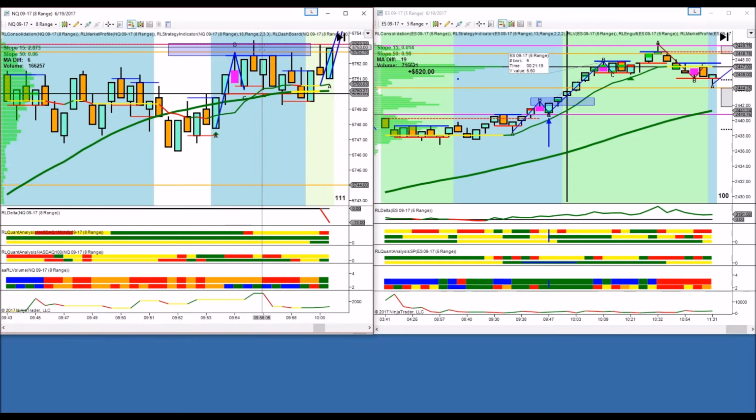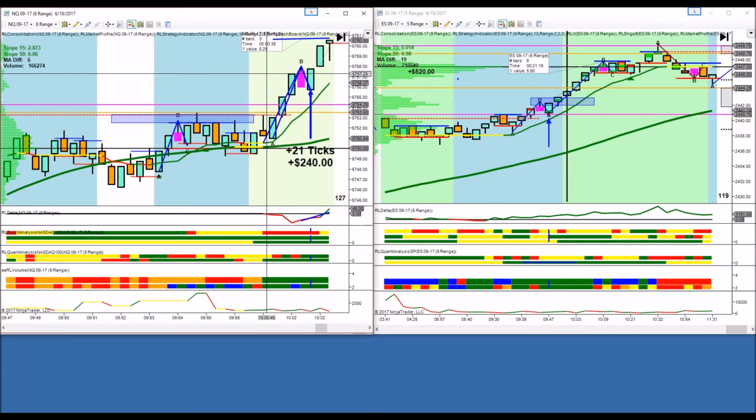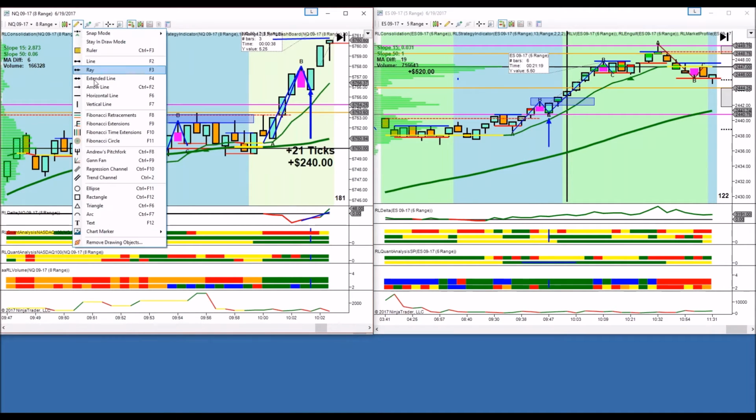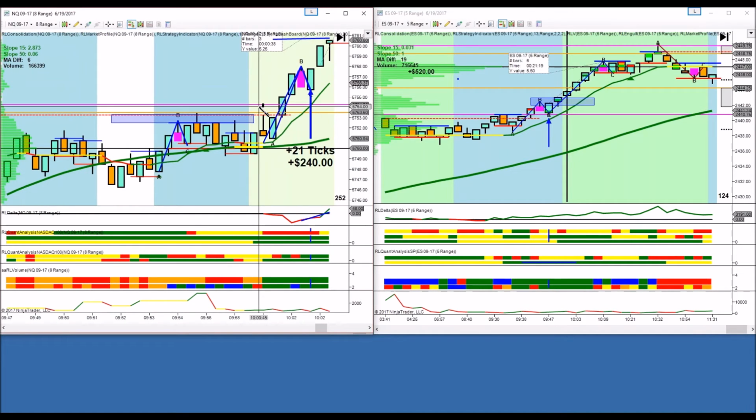Now, right here is an area of resistance. We can't trade long. Then we get the breakout. You see right here, we get this break of resistance. It's a pullback. And we look at what's going on below us on the continuation. We must have order flow and momentum aligned with us on the trade. Here's multi-time frame